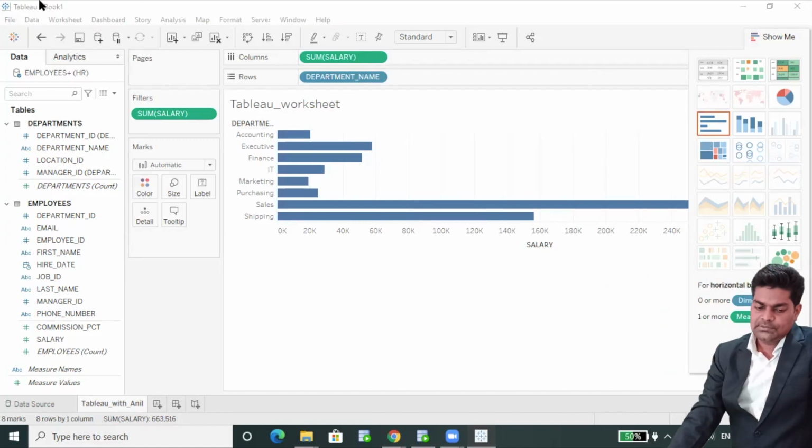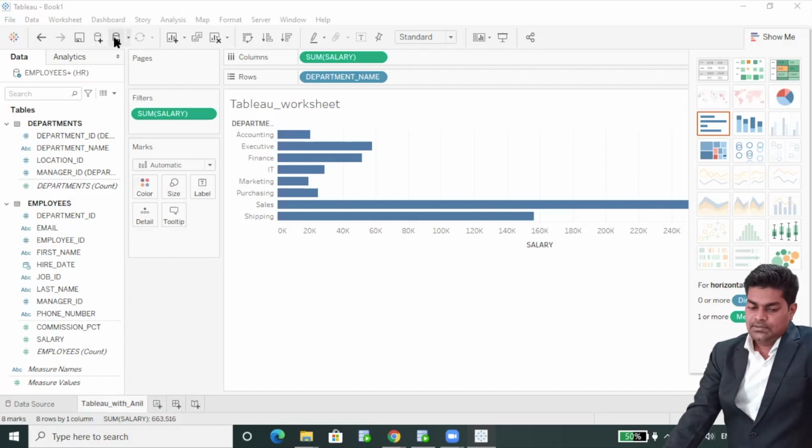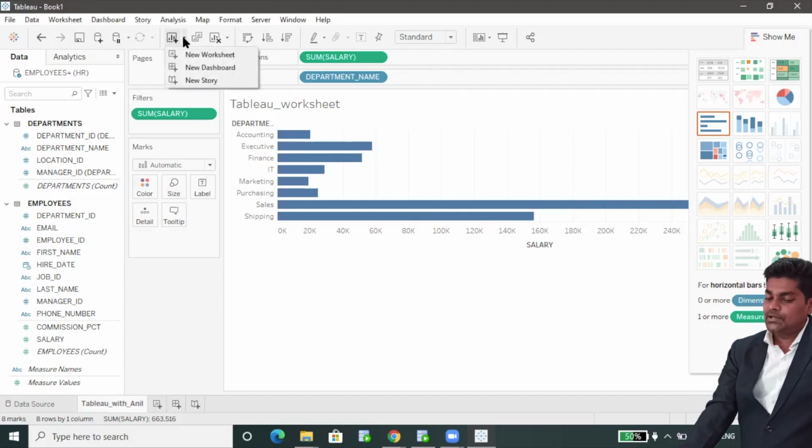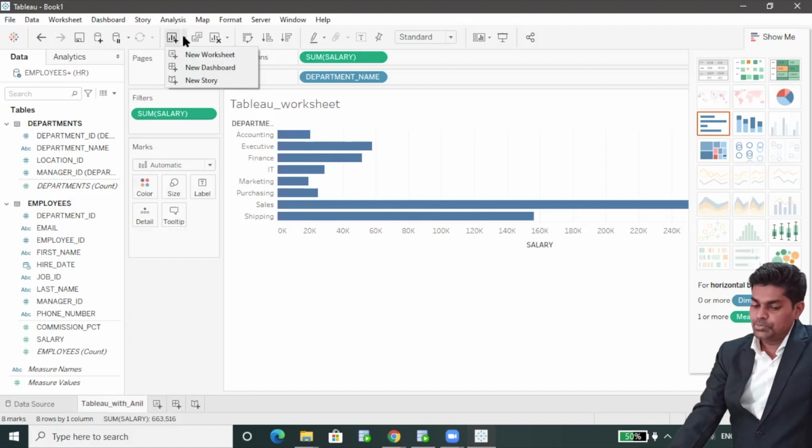So there are so many tools, like we can save, we can make it undo, redo, we can add multiple databases here, we can pause, okay, now we can add more worksheets here, or new dashboard, new story. We can duplicate and ascending, descending, whatever.